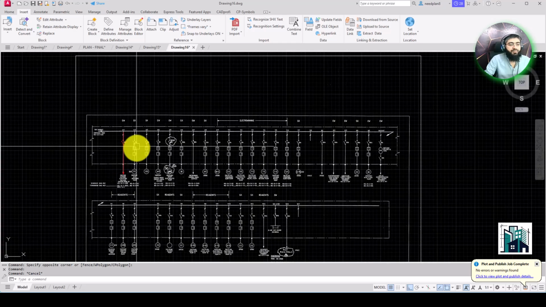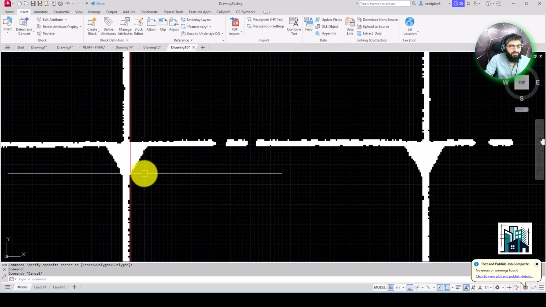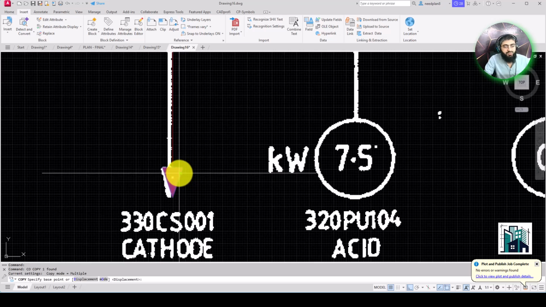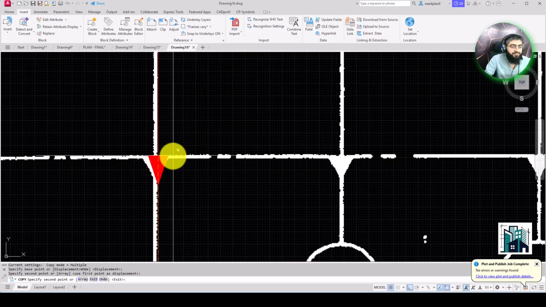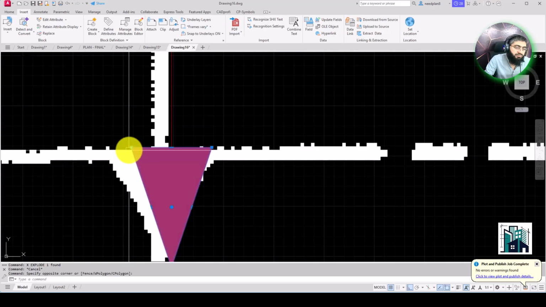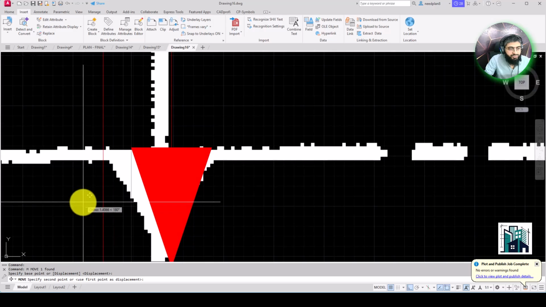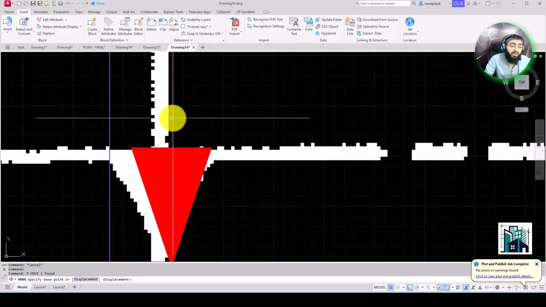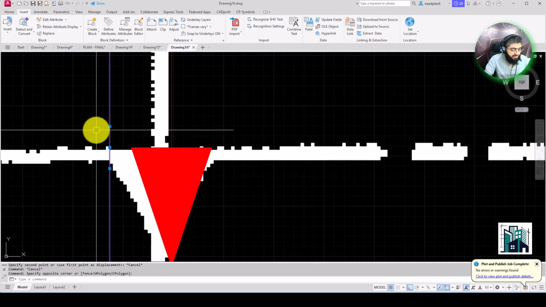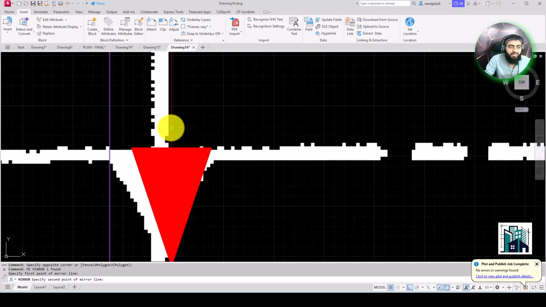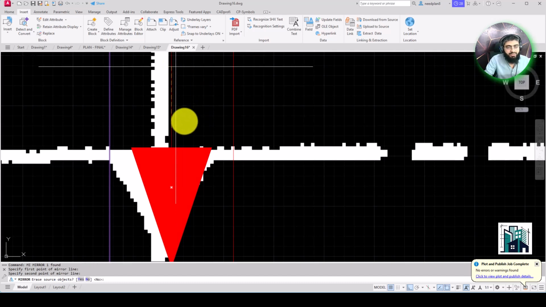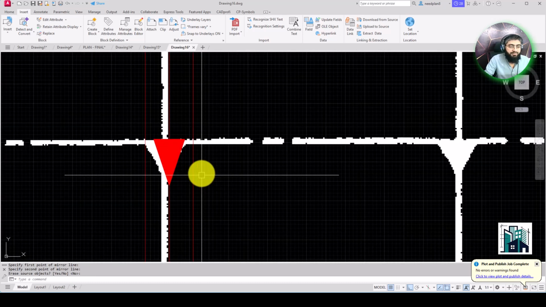and then I will see another option here. This one is also the arrow. So I'm gonna click here and then copy from here to here, and then make it a little bigger. I'm going to click here and then I'm going to make a mirror. Select this and I enter mirror, and then select this axis point. When I click here, this will come from here to here as well.